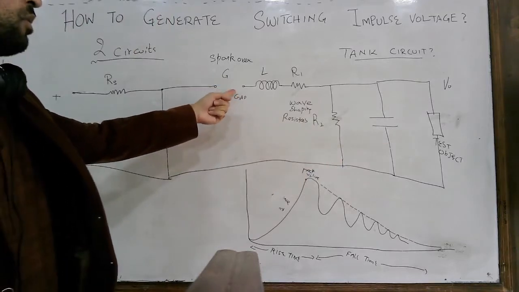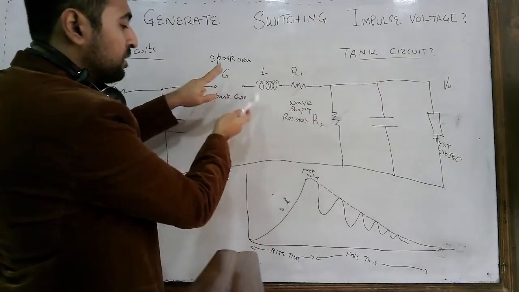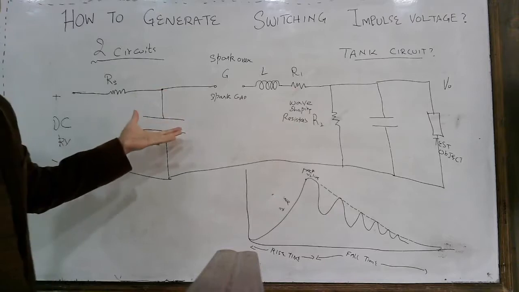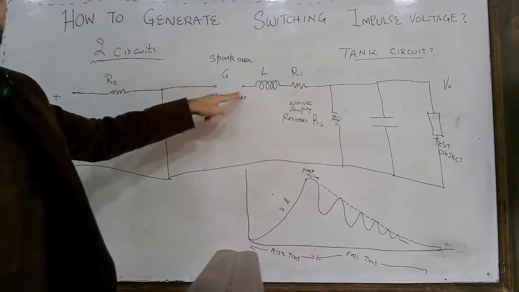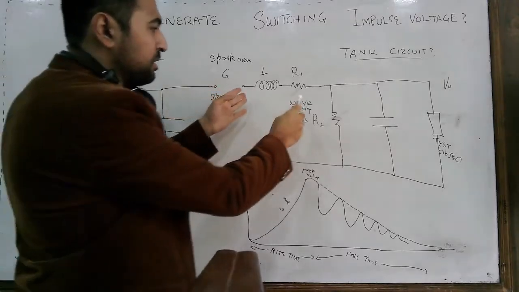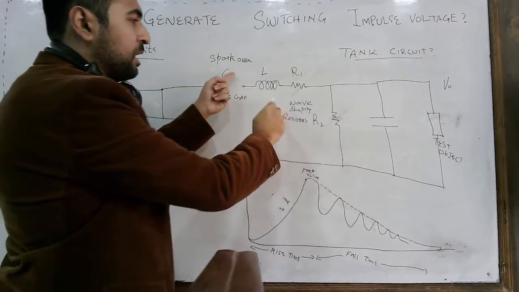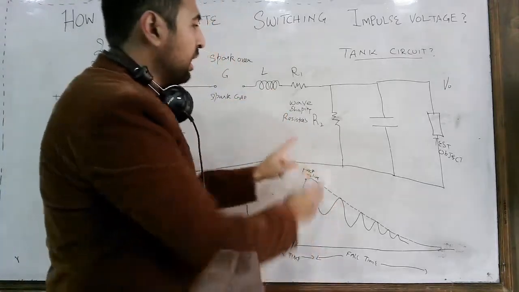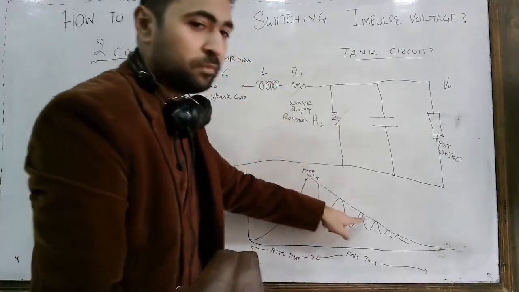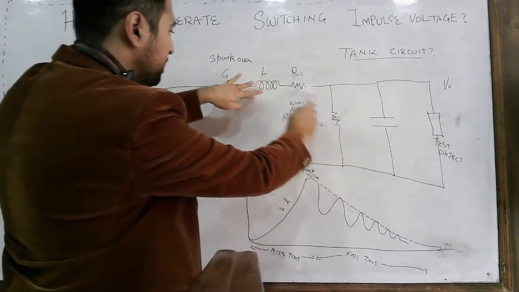There is a spark over again here, and upon the next spark over, since this capacitor is not charged yet, it is not playing a role in the spark over. As it is discharged here, there is a spark over across this gap, and we observe this peak. Again there is a spark over, and we observe this peak, because here this inductor and this capacitor